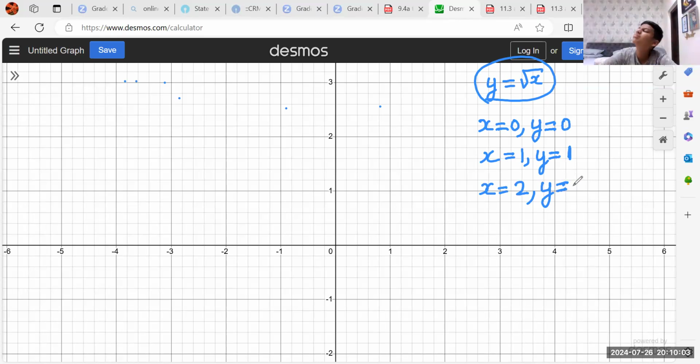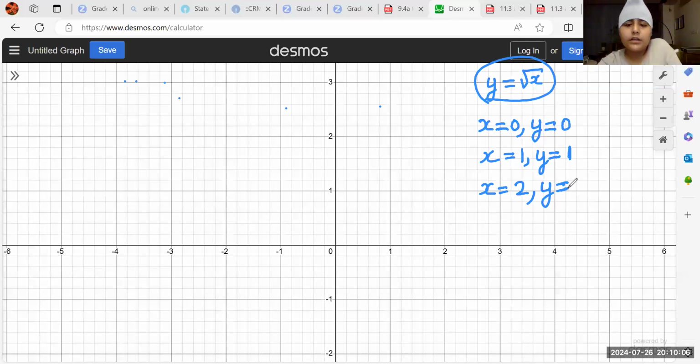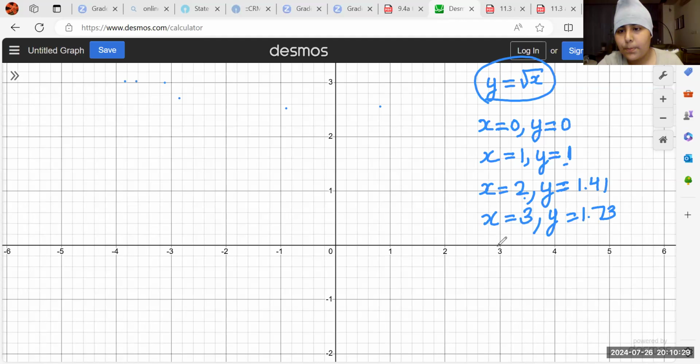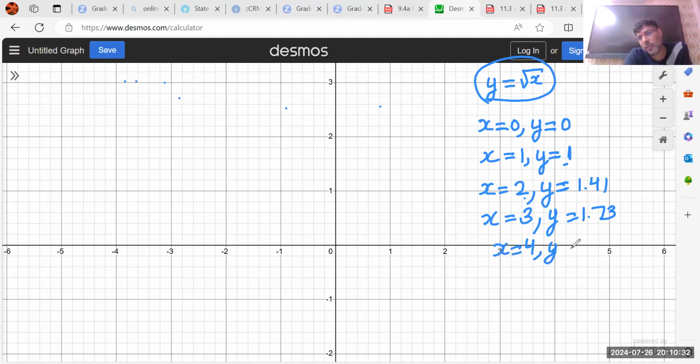Sir, for this we need a calculator. So I calculated 1.414. Beta, that will be the value of √2, which is 1.41. x equal to 3, y equal to 1.73. The square root of 1 will be 1 only, because 1 multiplied by 1 is 1. So x equal to 4, y equal to 2. So 0, 0, 1, 1, 2 and 1.41 and 3 and 1.73. So this is